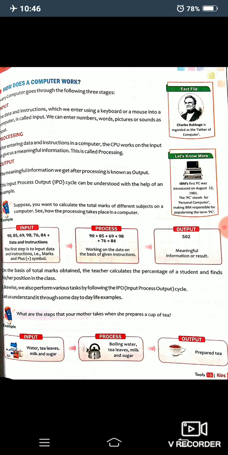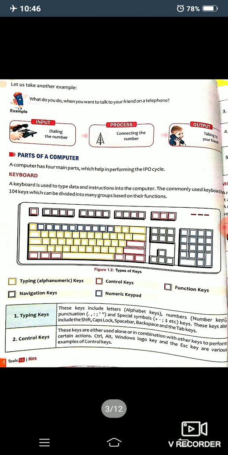I will also give you some examples, like the example of preparing tea. One more example is given here, like what will you do if you want to make a call to your friend? So first you will dial the number, okay, and then you start talking with your friend. You think that this process is only about dialing a number and just talking to your friend, but no, if you understand the process, then first you dial the number, so it works as an input.